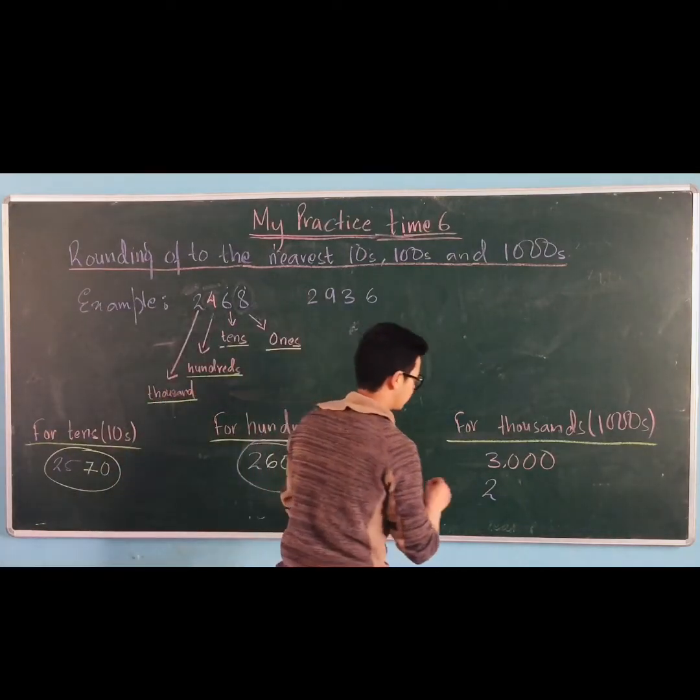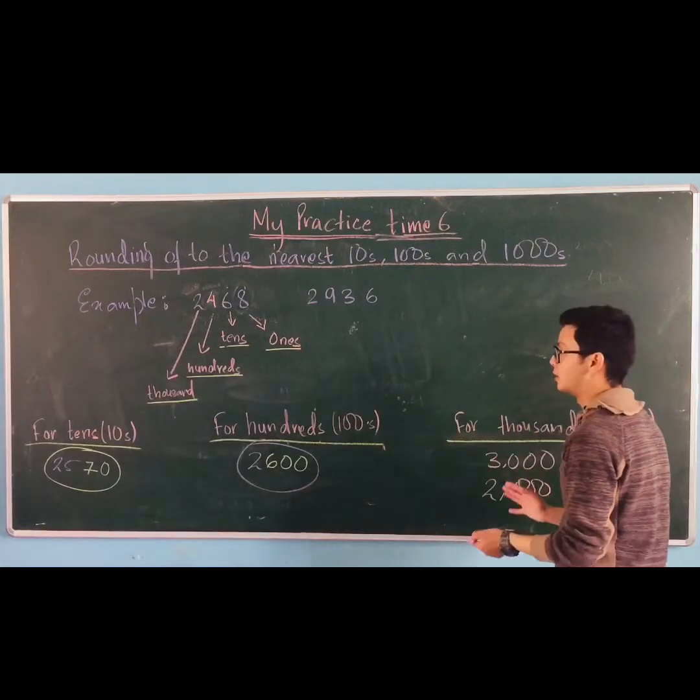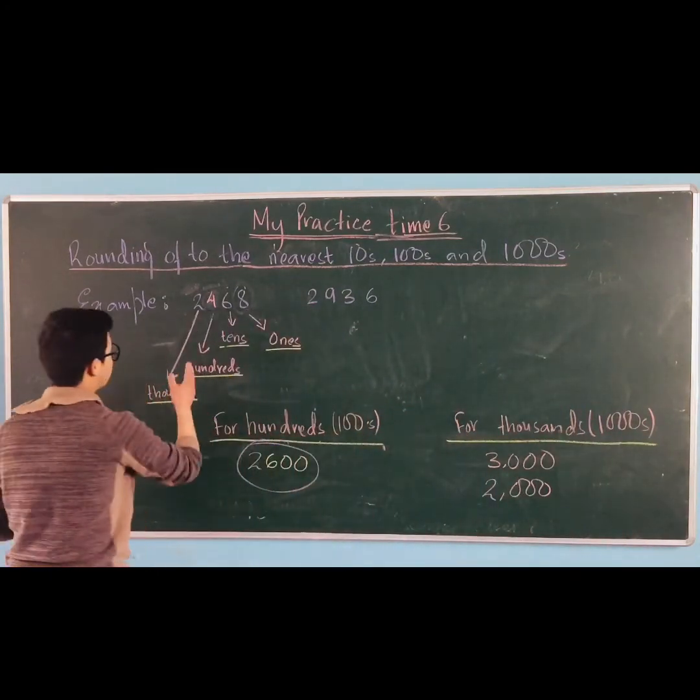Change to zeros, okay, so 0 0 0. Now this is how you round up the number. Okay, it doesn't matter if it is in tens, if the number is less than